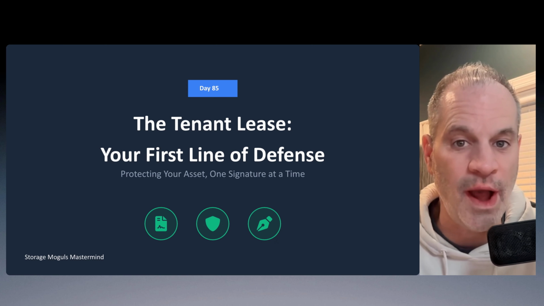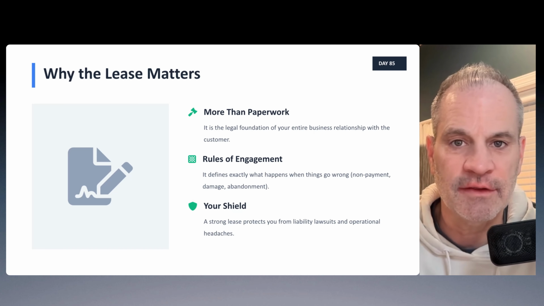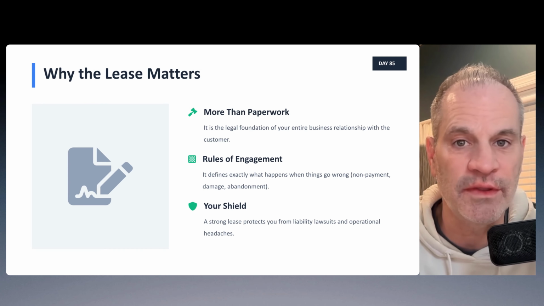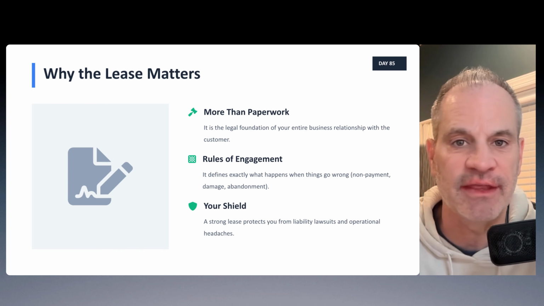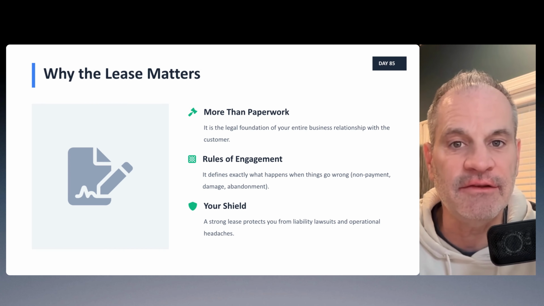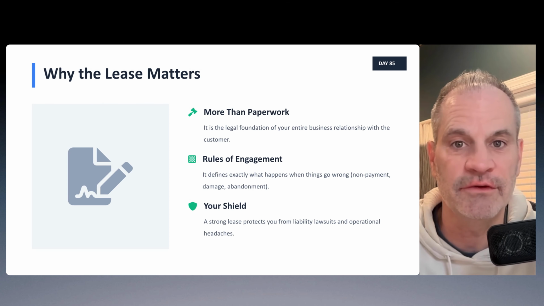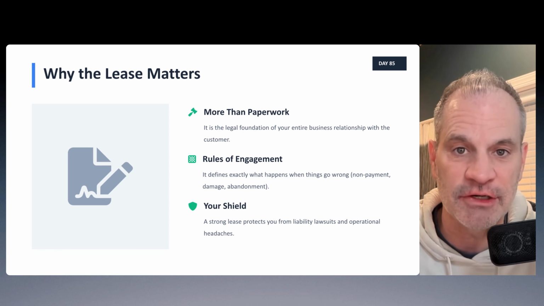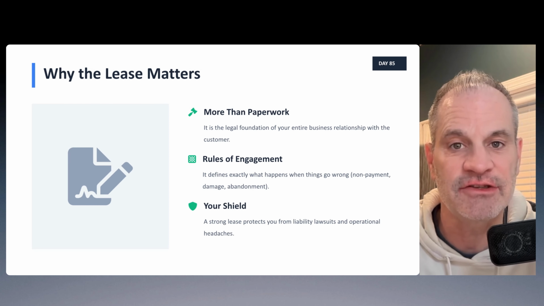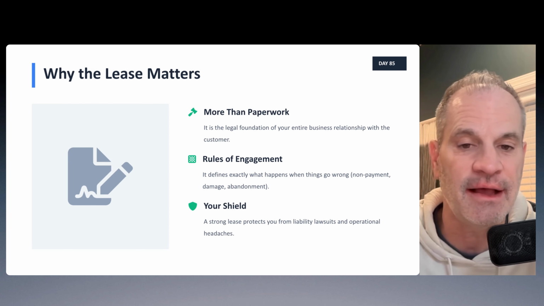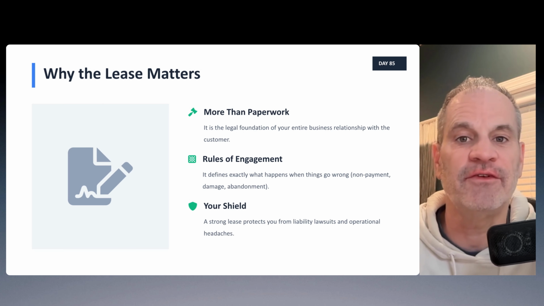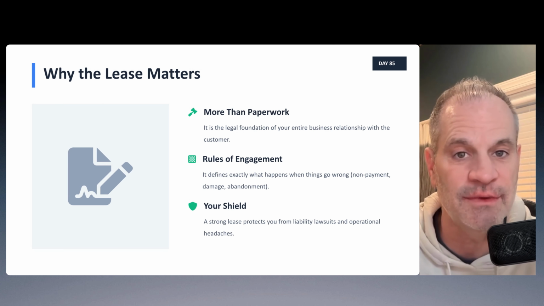But let's start with why this document is so critical. It's because the lease is the legal foundation of your entire relationship with the customer. It sets the rules of engagement for everything that happens. And it defines what happens when things go wrong, like non-payment or if there's damage. A strong lease can be your shield against liability lawsuits and operational headaches. And it dictates your rights and the tenant's obligations. This is why we have to focus on specific language, starting with the concept of